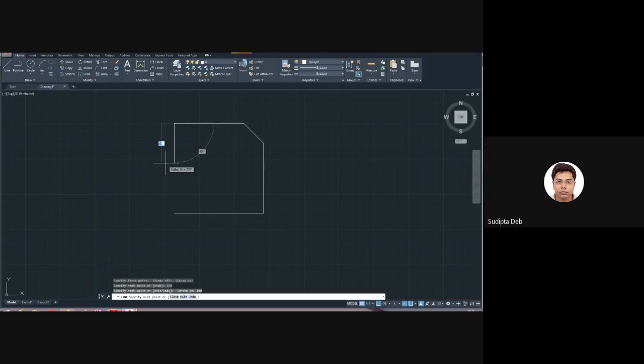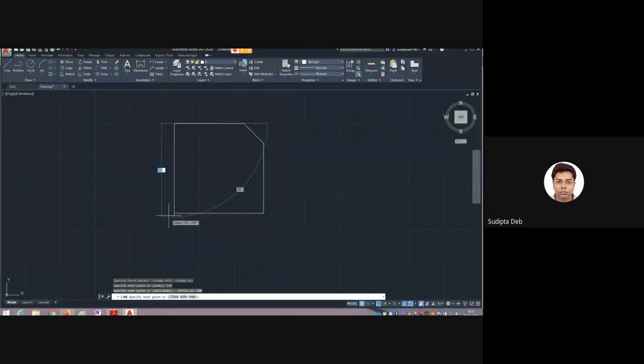Now I will join this with the initial point. So this is the initial point. Move your cursor, because right now this side you need not measure. Dimension is not given in your drawing either. Just click here. So we have drawn the outer section. Now we have to exit from here, so press the escape button, ESC, from the keyboard. So this is done.